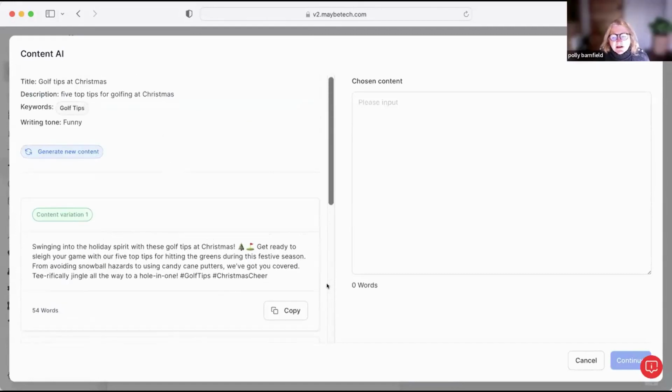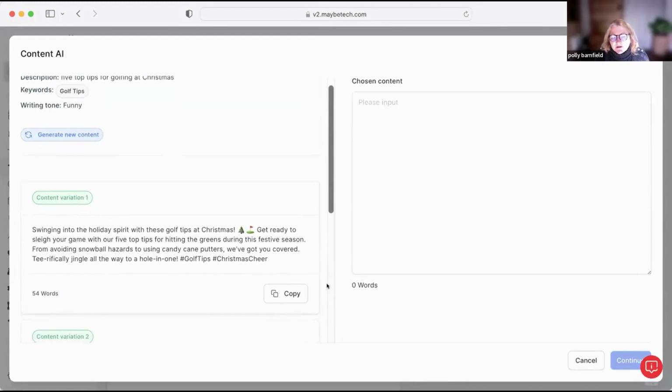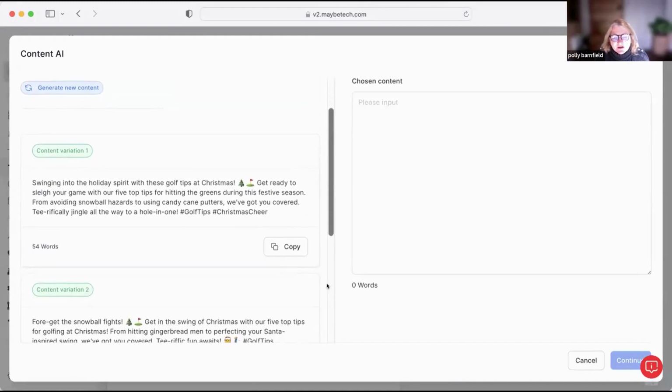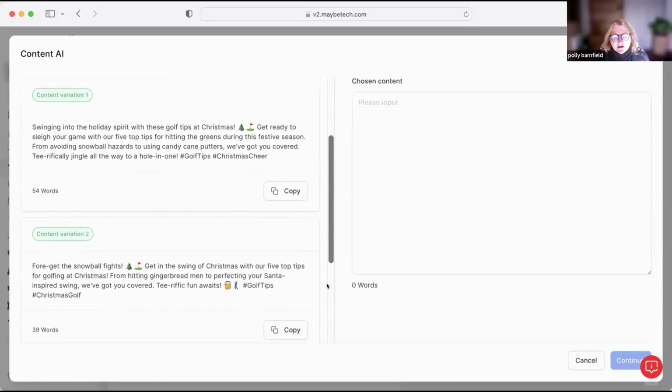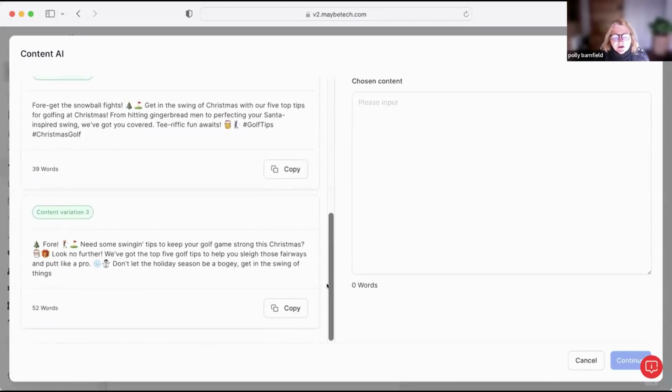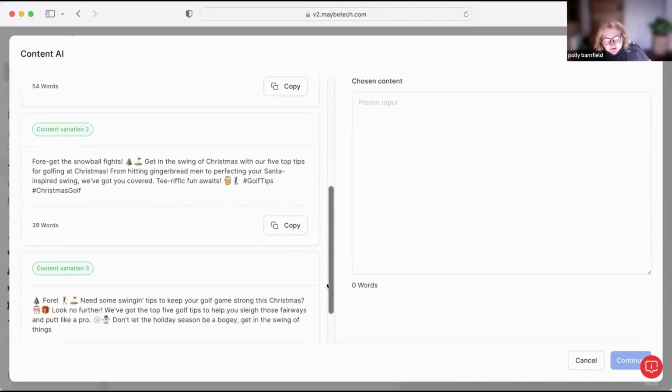As I said at the beginning, we've now embedded AI within a number of parts. As you've just seen, we've got AI for images, and AI here to generate content, but we've got a much bigger strategy section, which is what we'll go through when we meet next week, where we'll show you how you can take one idea and create everything. But as you can see here, how much time, Hannah, does this save you?